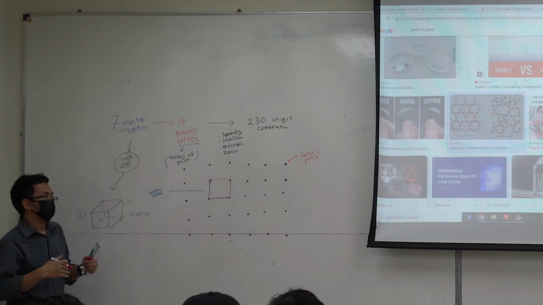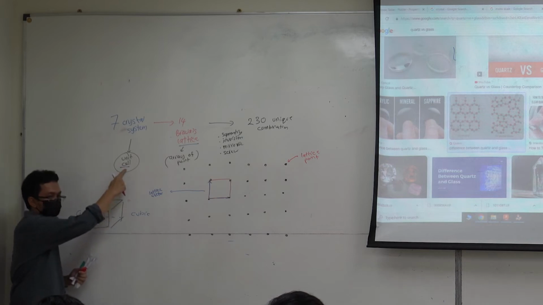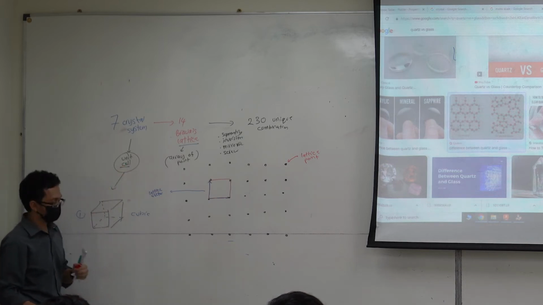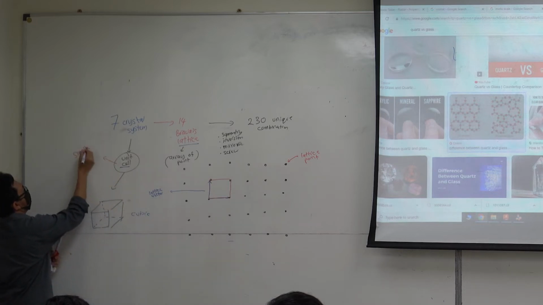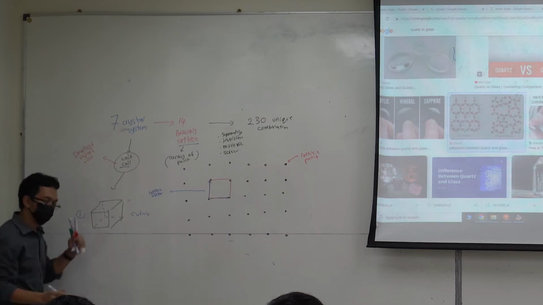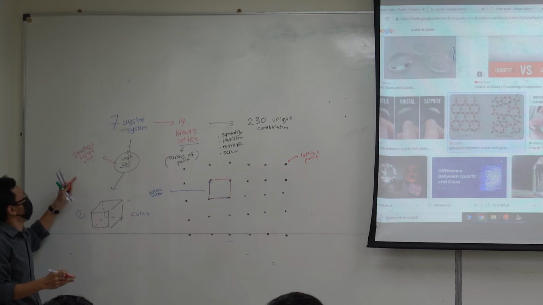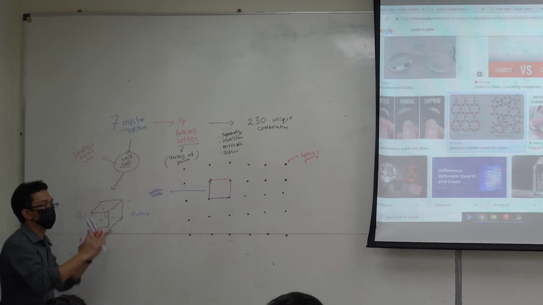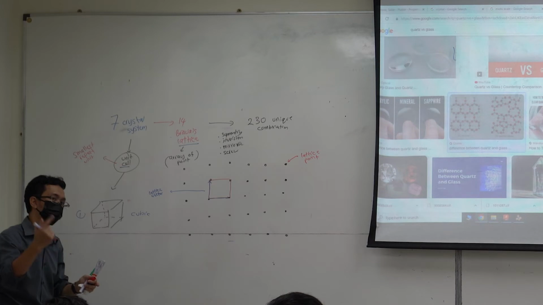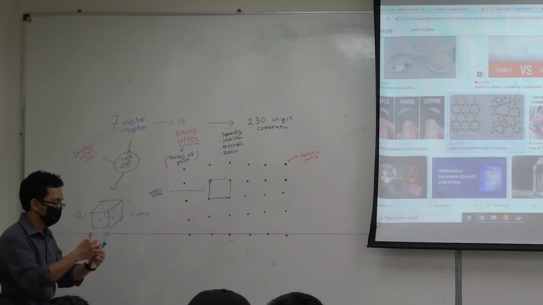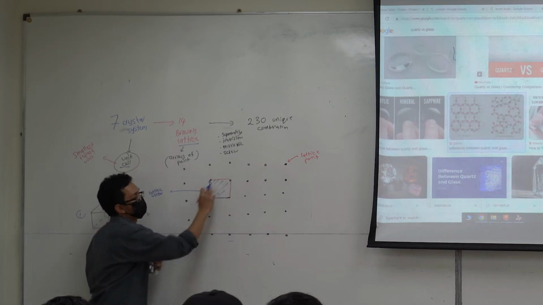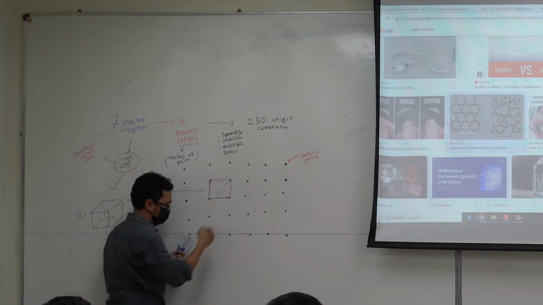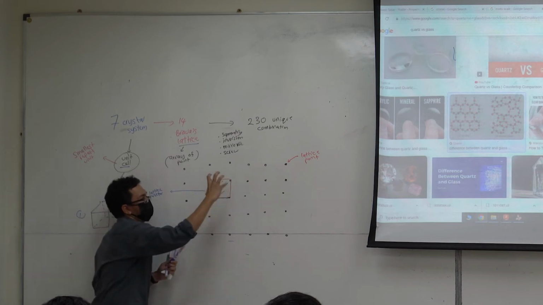So what does it mean, this unit cell? The unit cell is basically the smallest repeat unit. What does it mean by smallest repeat unit? It means you can move this unit cell to the next lattice point without overlapping or leaving a gap. For example, this square, I want to move it to the next. If I cut this and stamp it here,